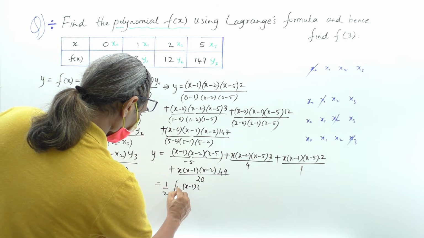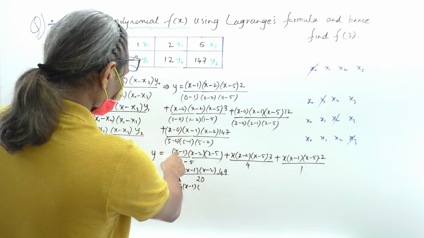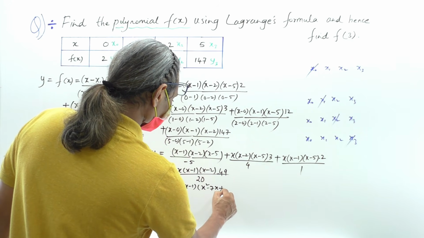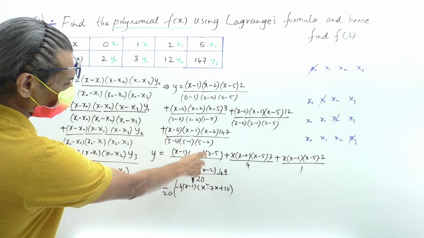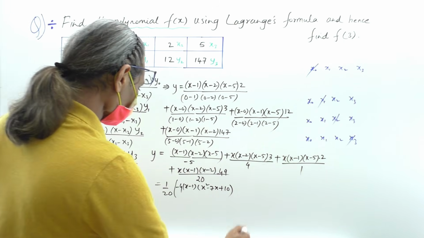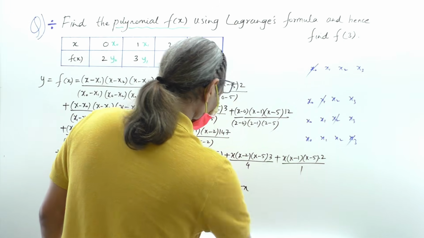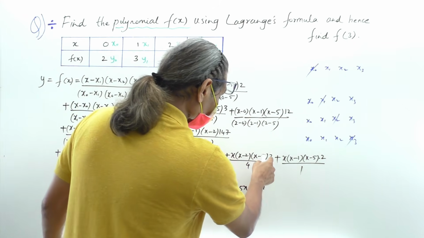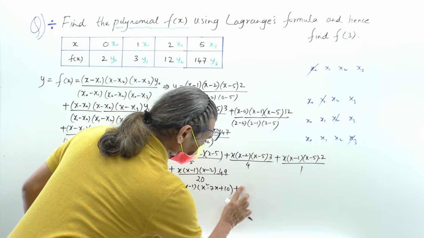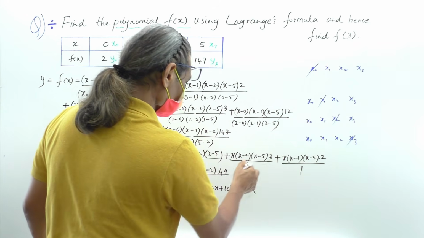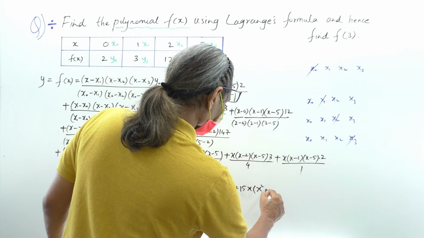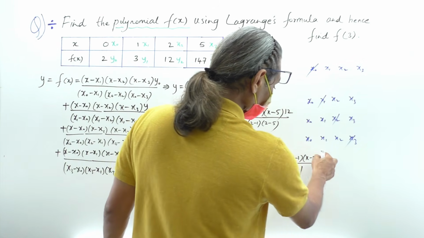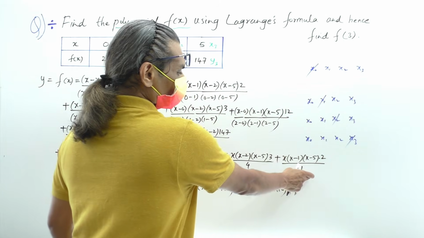So this will be minus 4 into x minus 1 into x square minus 2x minus 5x minus 7x plus 10, am I right? x square minus 2x minus 5x minus 7x plus 10, plus 5x into, again this is 3 here, so don't forget it, 3 5s are 15, so 15 into x into x square minus 2 minus 7x plus 10,